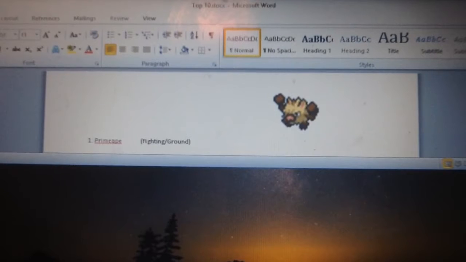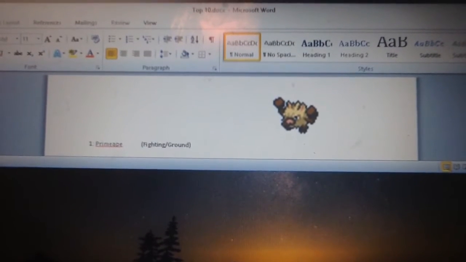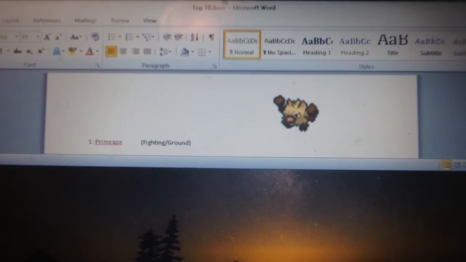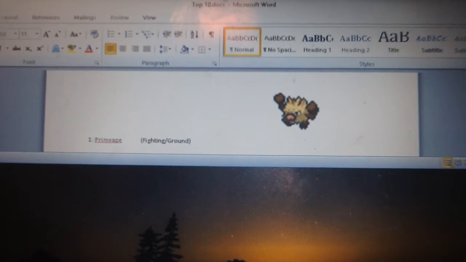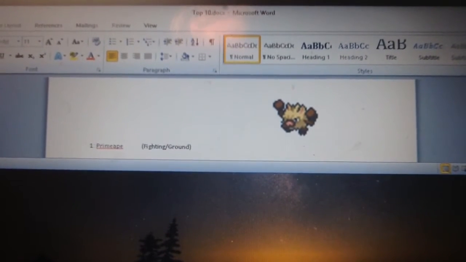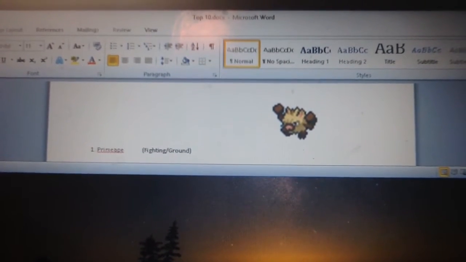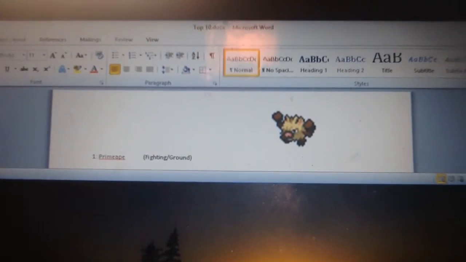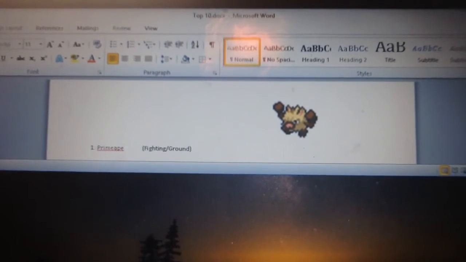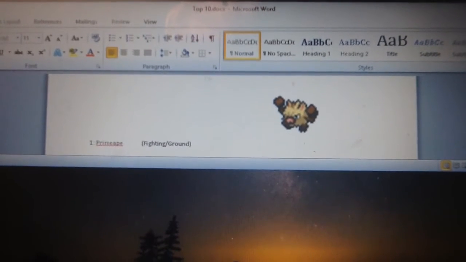Nothing else. Just speed. So, why not make him an Alola form where he becomes a fighting ground type, because he is known as the pig monkey Pokemon. So, you see pigs rolling around in mud, and he's obviously known as a fighting type anyway, so why not make a pig monkey a fighting ground type where you would often find him rolling around in the mud, his fur to be all covered in mud when